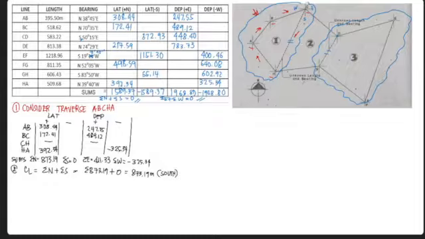Okay, south. Next, for our CD or our departure, summation of east plus the algebraic sum of west is 411.33 plus negative 325.34 is equal to